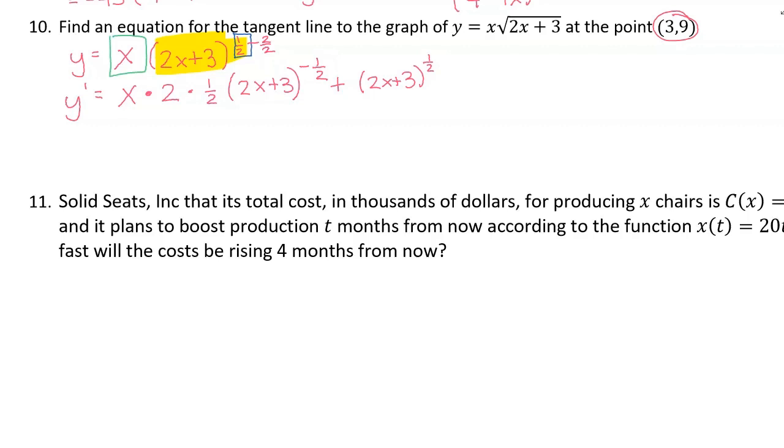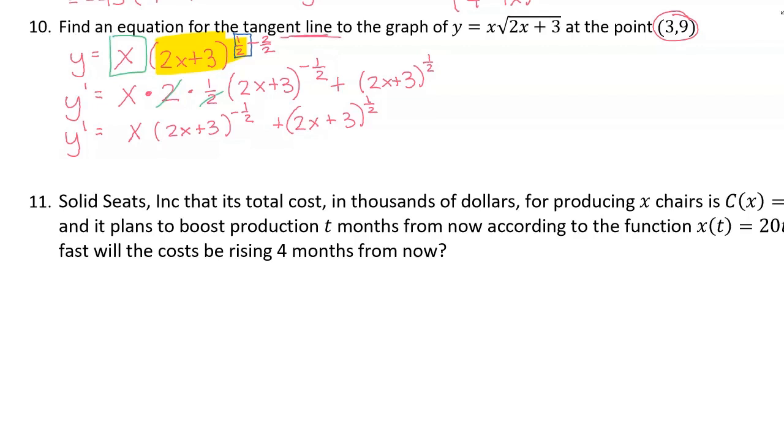Now, we can clean this up just a little bit, but not very much. So the 2's divide out. So I get x times the quantity 2x plus 3 raised to the negative 1/2 plus 2x plus 3 raised to the 1/2. So this is the derivative,